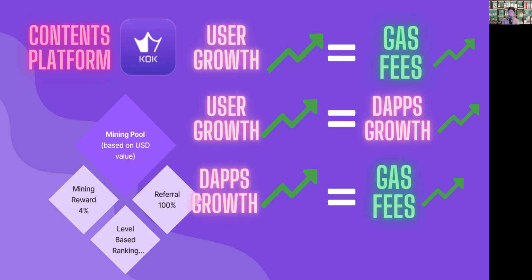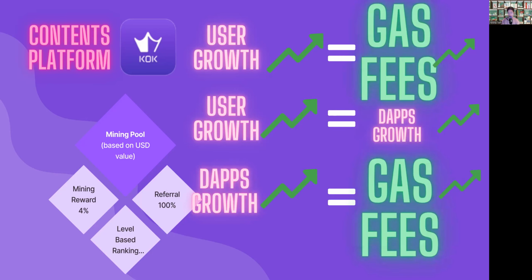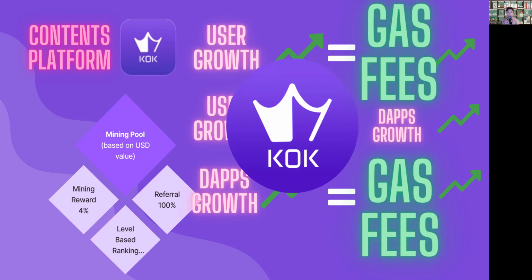Now, the reason why I say gas fees so many times is because for a while, the KOK ecosystem did not have its own platform or its own blockchain technology to run on. They borrowed Ethereum's ERC20 chain for its blockchain capabilities, which means all of these gas fees or transaction fees were paid in Ether to Ethereum. However, now that the mainnet is open, all of these gas fees will be KOK transaction fees.